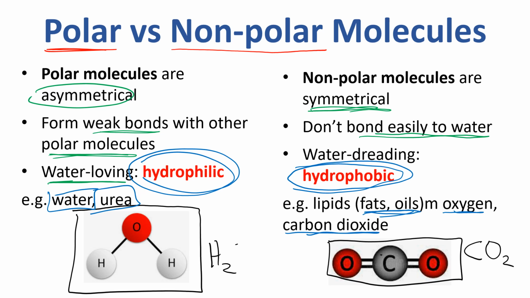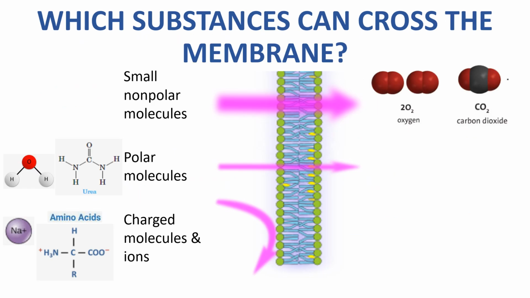Water was H2O. And you can see the structure of a carbon dioxide molecule here. It's symmetrical, it's even along each side. And that causes it to not bond easily to water. So, now when we look at a cell membrane, it's easier to categorize which molecules can get in and out